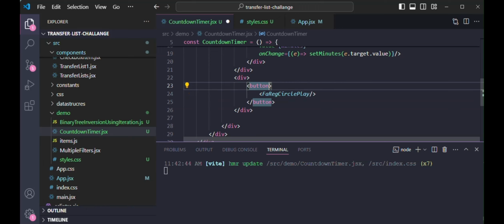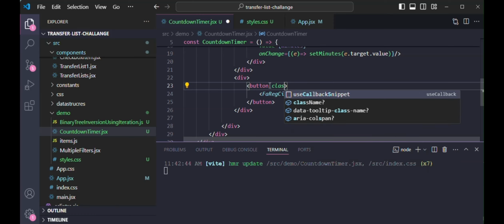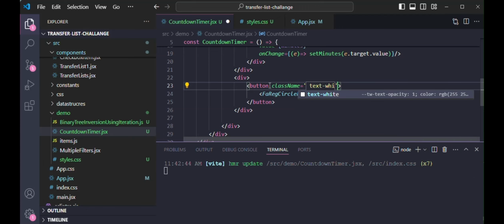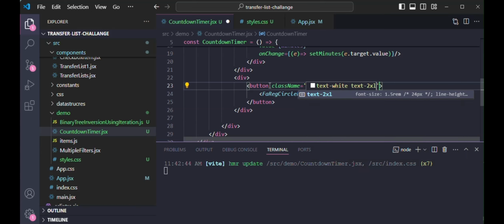And then let me add some styling to the button, that is class name, text white, text to Excel. Okay, and then